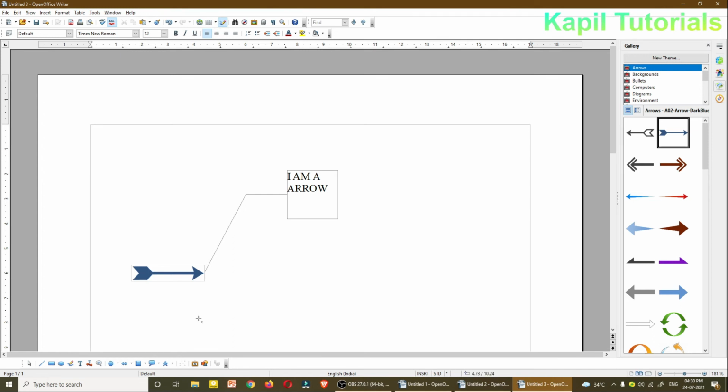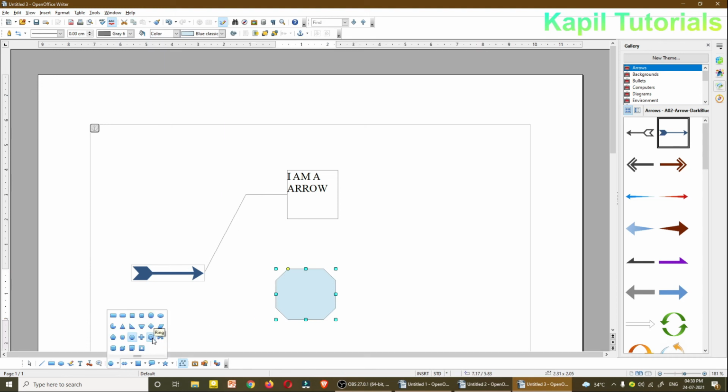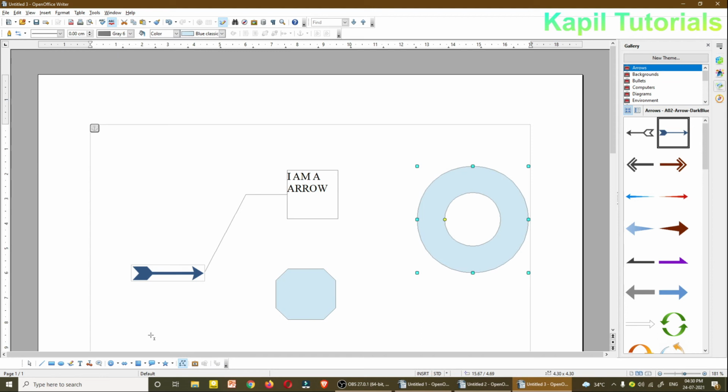Then some further basic shapes. Nothing else in this, you can try yourself, otherwise my tutorial will be too long. Then these are the different callouts you can use. Here also different types of callouts are there. Cloud.